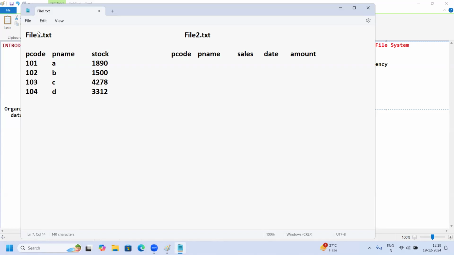These are all available in File1.txt, and we have 4 products. Now, in file 2, another file,